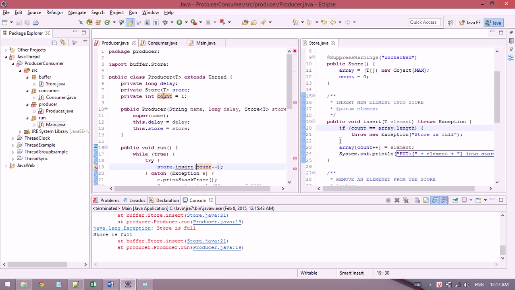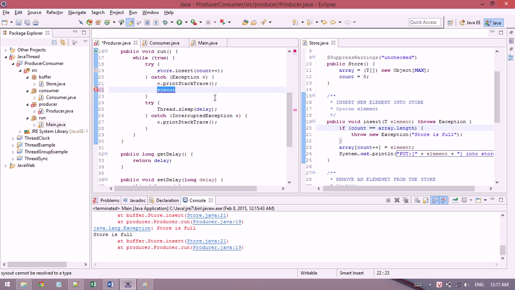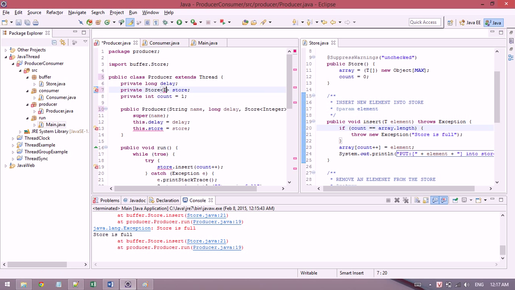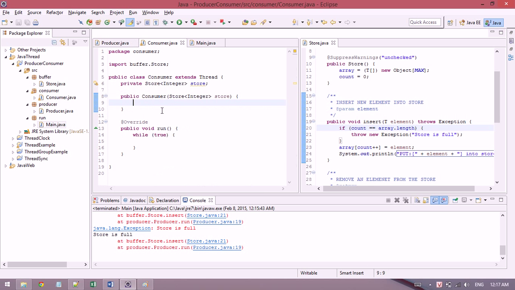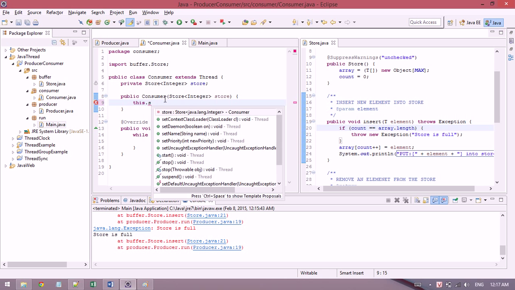Oh, so I want to store a value, so I need to define it as integer. Okay, consumer also has store